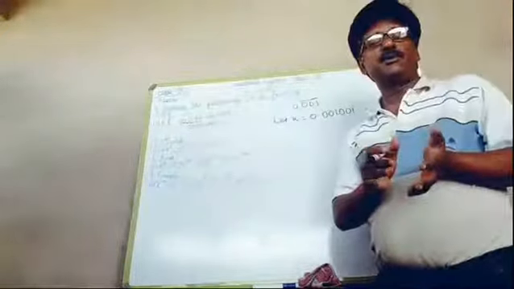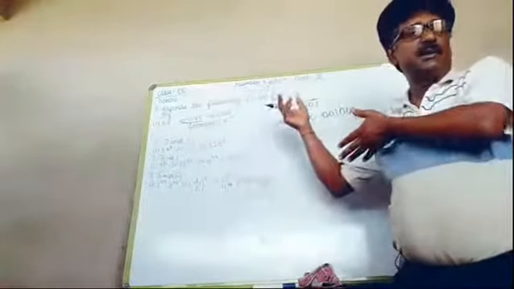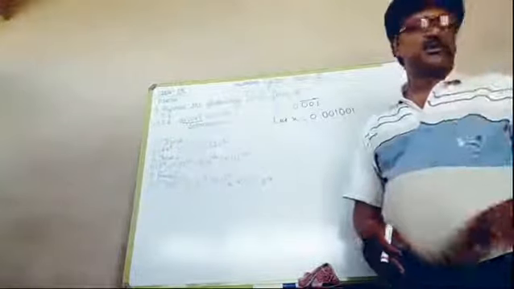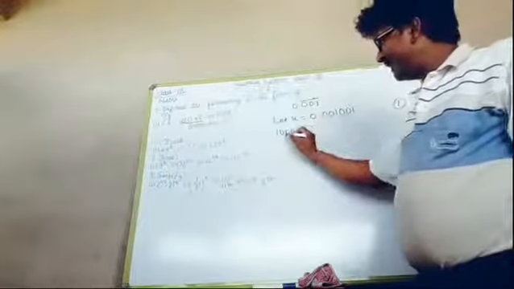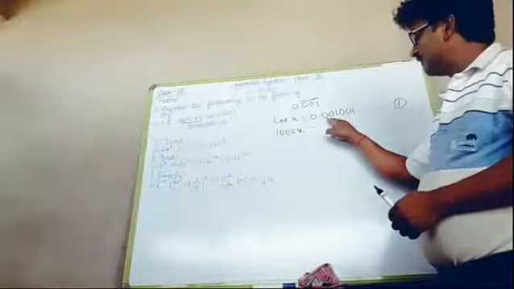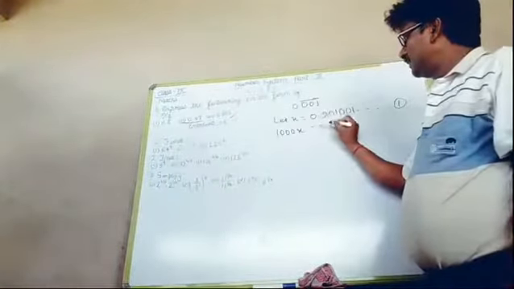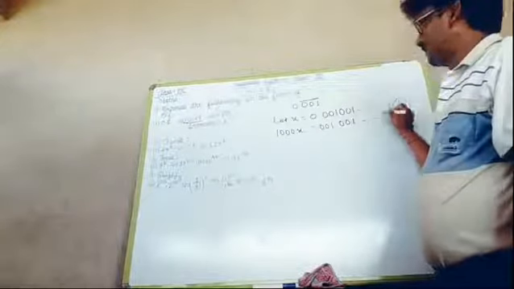In the second step, we have to see after the decimal how many digits are without repeating, and there is no such digit, so we don't need to do this step. Now we move to the third step. The total number of digits is 3, and for 3 digits we have to write 1000x. When 3 is there, we have to move 3 digits that side. So this 001 will move that side, so that will be 001.001. This is the second equation.